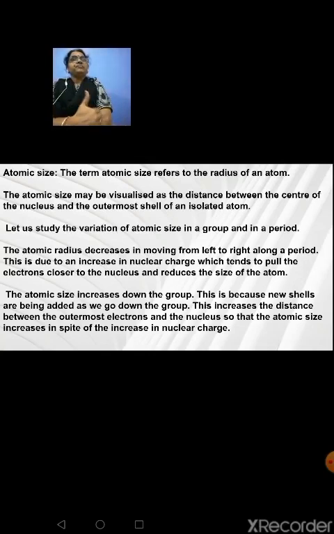This we have learnt. Elements belonging to a particular period will have the same number of shells, but the number of electrons in the outermost shell need not be the same. So that concept of nuclear attraction will keep increasing. So when it is tending to pull it towards the nucleus, what happens? The atomic size will decrease. So across a period, atomic size decreases, and down the group, atomic size increases.